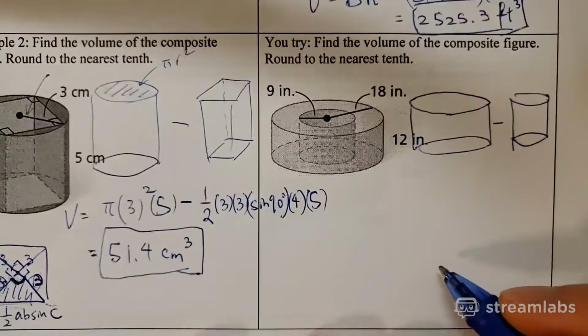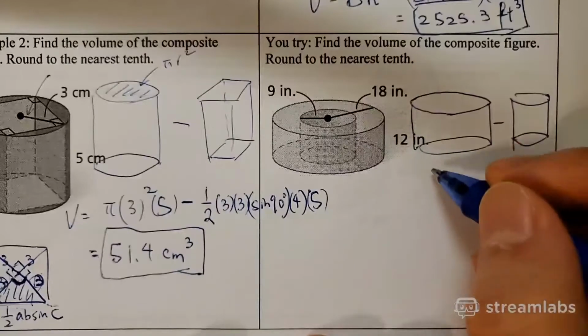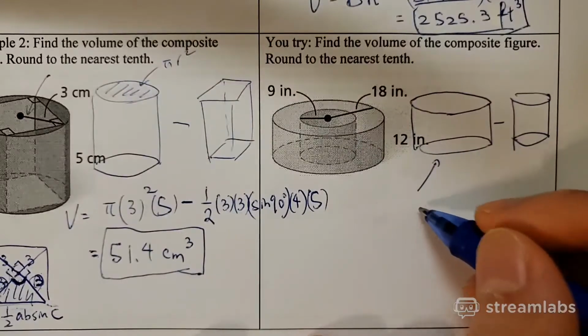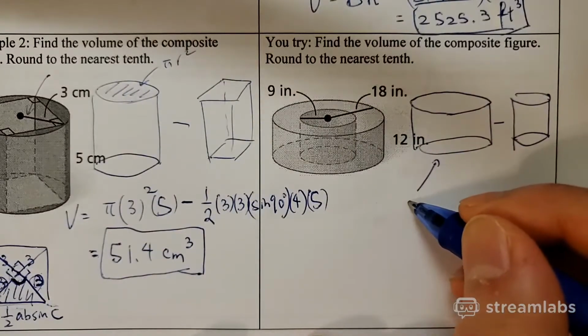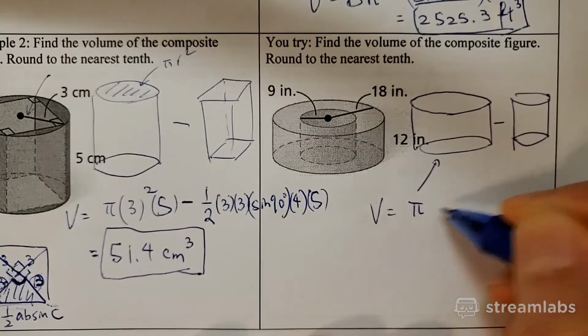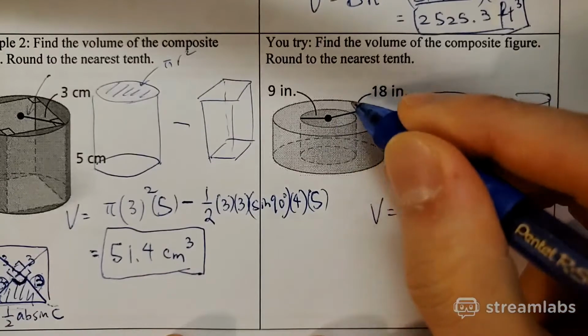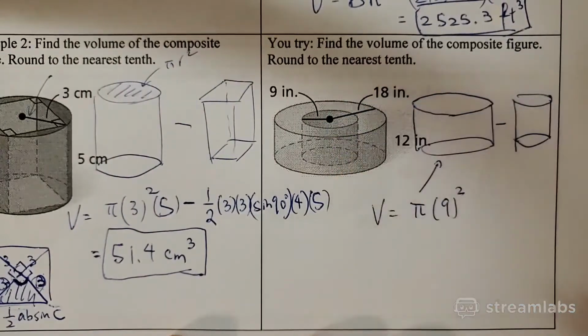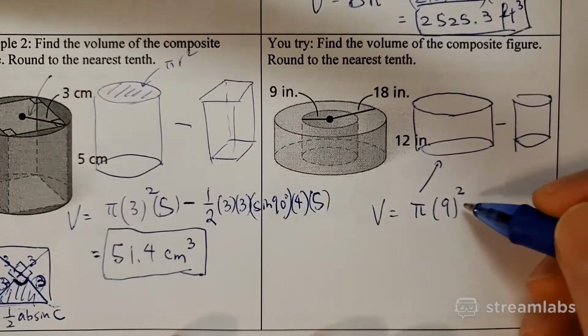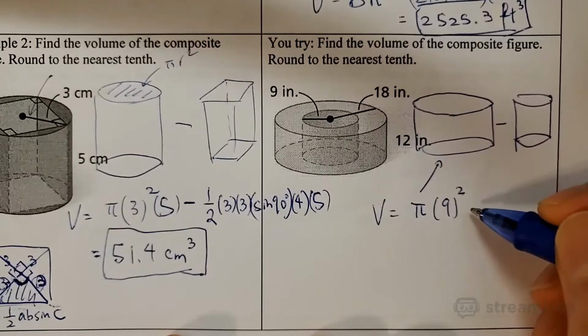So this part is pi r square times height, right? Base area is pi r square times height, which is 12,